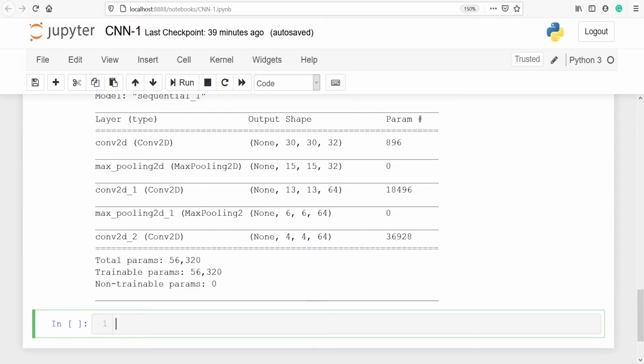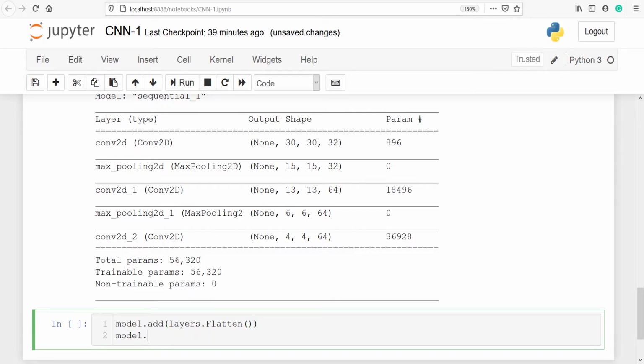We will use the flatten layer to make it a dense vector. We will write model.add layers.Flatten, and this layer will flatten into a dense vector. Then we will add one more layer, model.add layers.Dense 64.